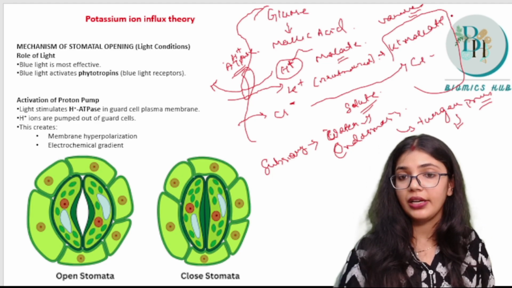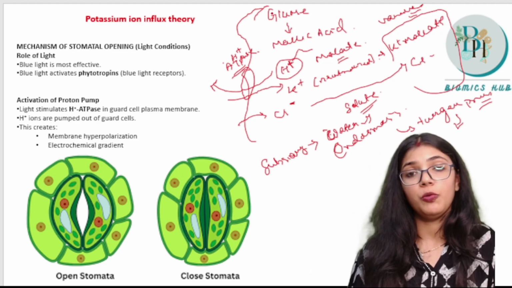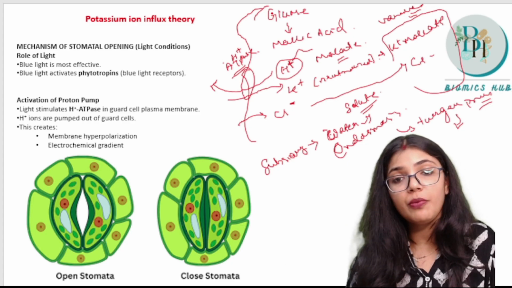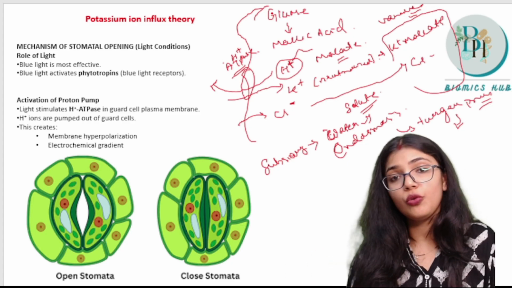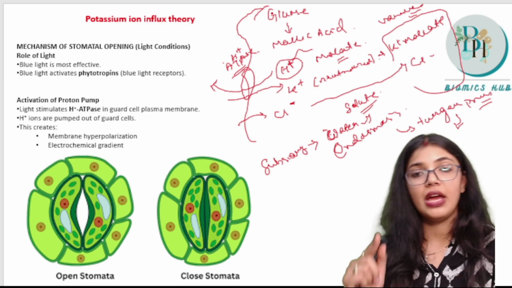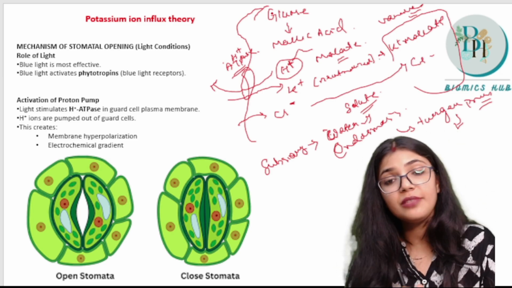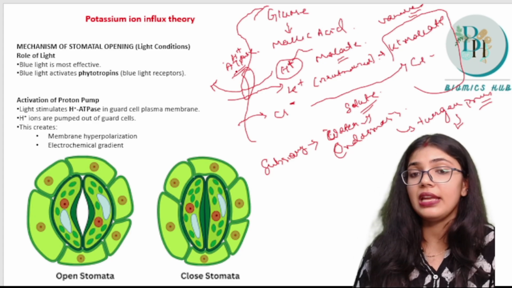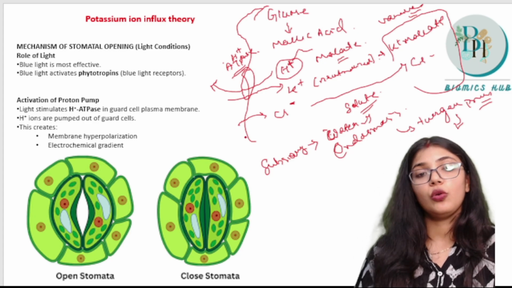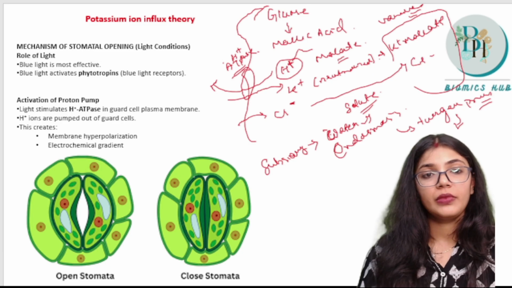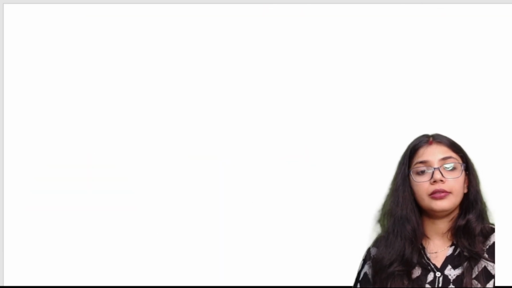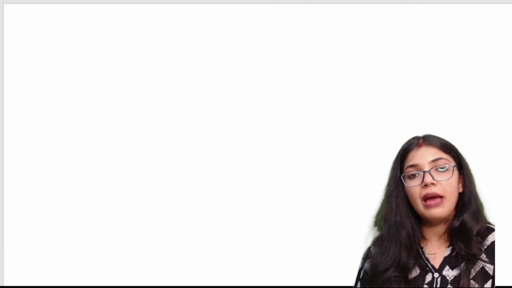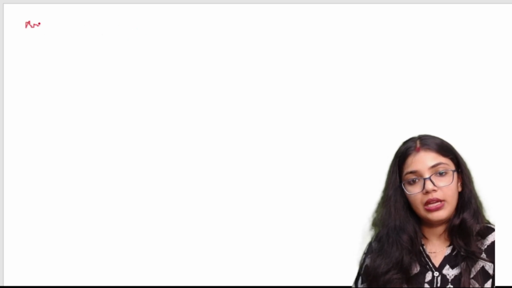In dark condition, everything will be opposite. There will be no glucose formation, so there will be no malic acid. If there is no malic acid, there will be no H plus ion. So this H plus ATPase, which was open during the daytime, will be closed. In the night condition,